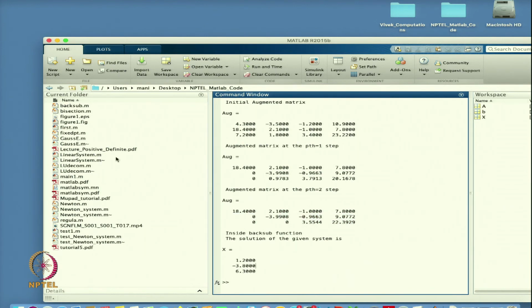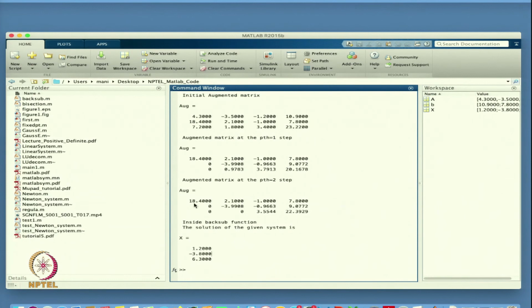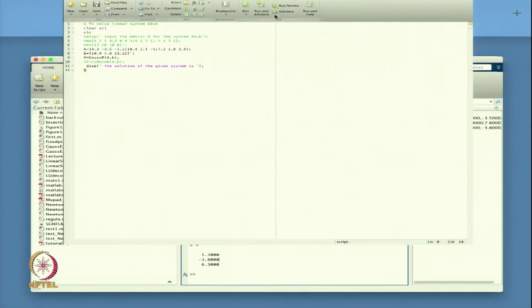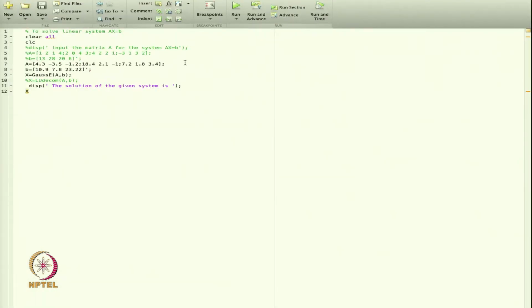In this case you can see that first it is doing the partial pivoting to make the matrix diagonally dominant, and then you are able to find the solution using the Gauss elimination method. So, in this case we are able to solve this one.